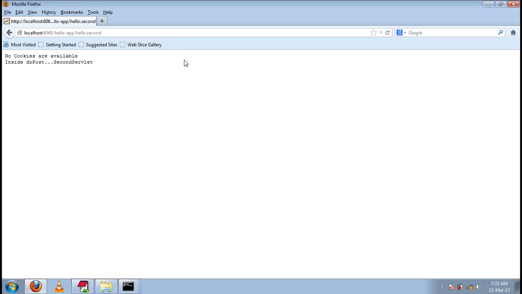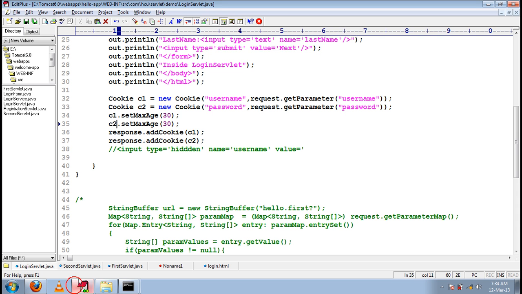Now, is the cookie information available? No. Just because we have set the maximum age of cookies as 30 seconds. So at maximum cookies will be available for only 30 seconds. We have kept the browser idle for more than 30 seconds, so cookies will be expired.